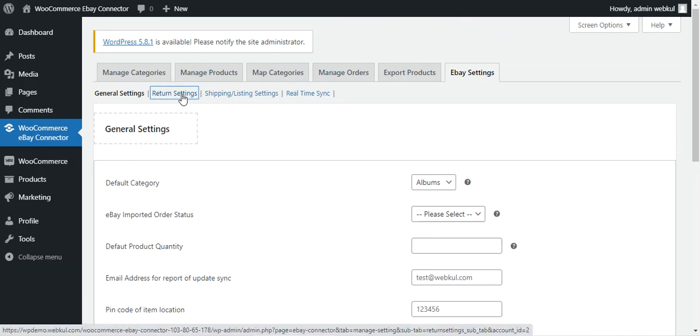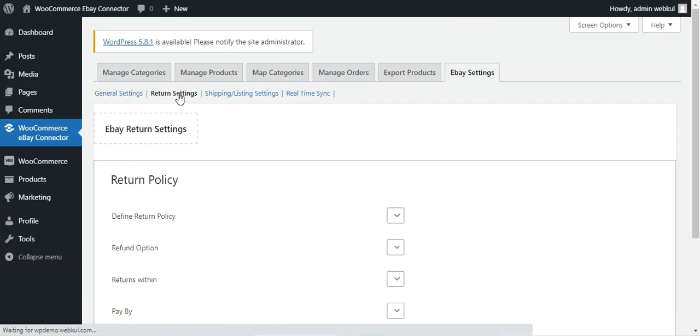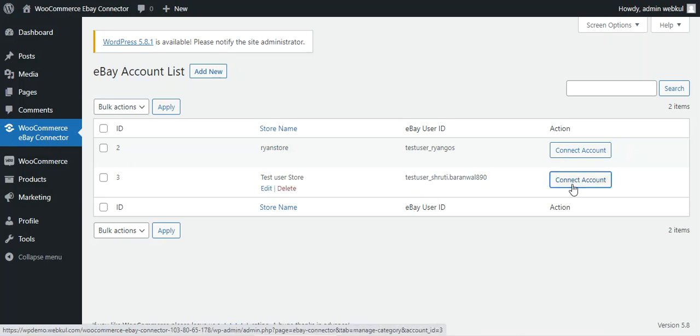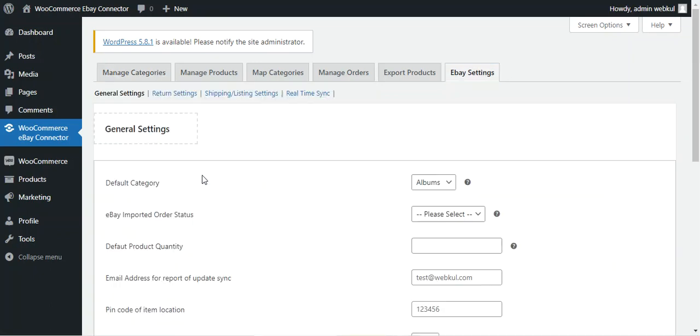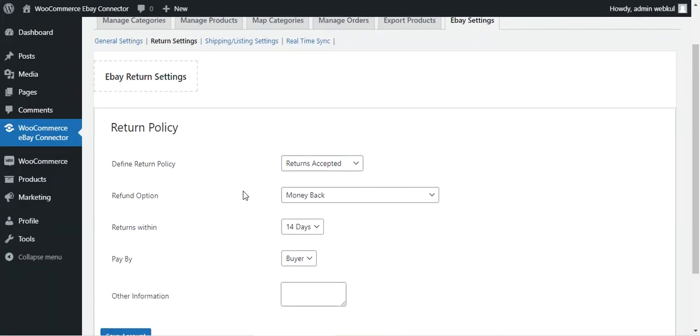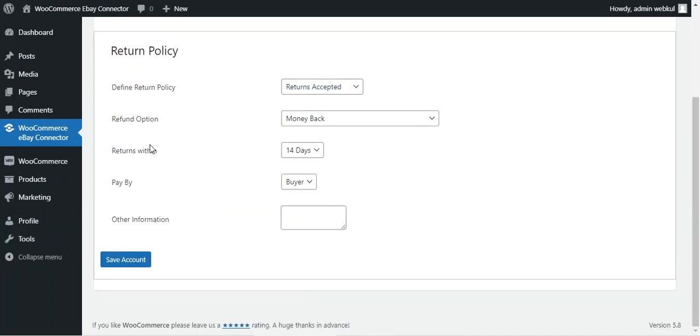Coming to the return settings, let me go to another account here that we have, and let me connect to that particular account, and let me go to the eBay settings, and here let's go to the return settings. Under the eBay return settings, you can set up the return policy. Here you can define the return policy as returns accepted or no returns accepted.